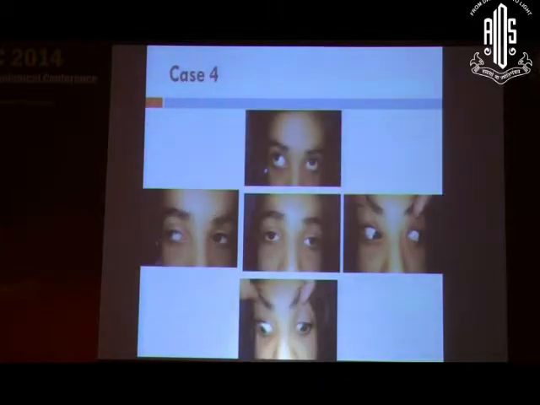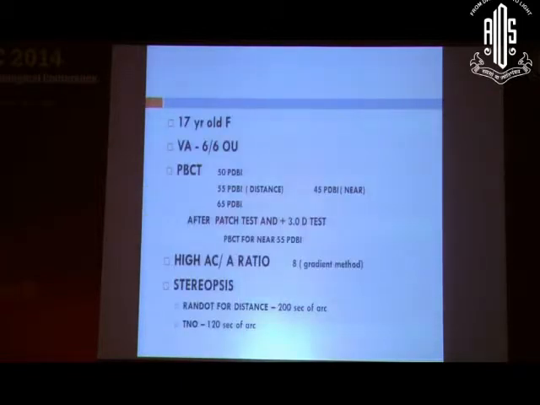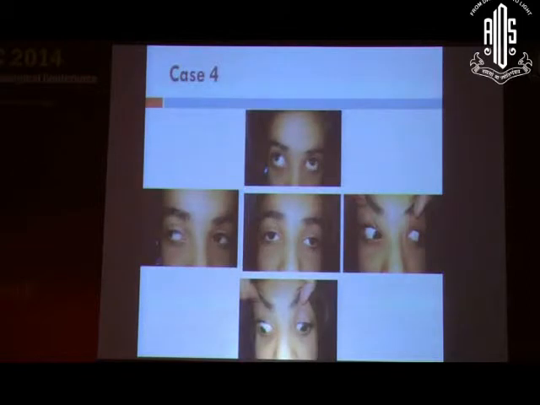Now this is the fourth spectrum of case, and here again you see a large exotropia in the primary position, and you notice a peculiar A pattern. If you notice the up gaze and the down gaze, there is an A pattern also. Go back. The other thing you should focus on is what is happening in the adduction. When the eye is adducting, there is a dipping down. There is a hypotropia of the adducting eye. Now that is indicating that there is a superior oblique overaction.